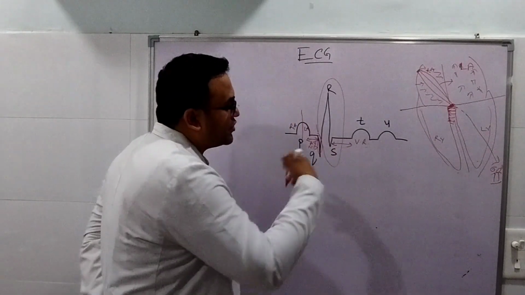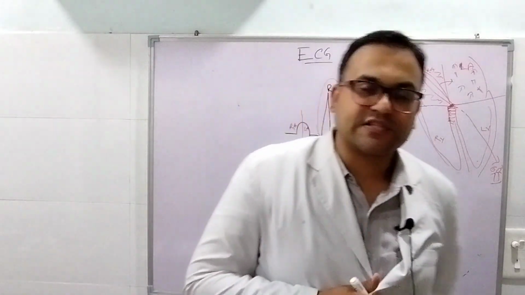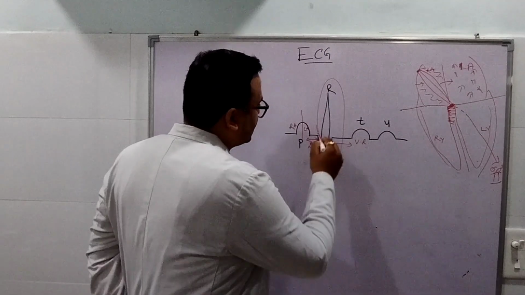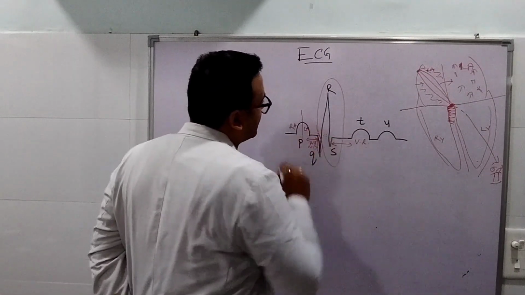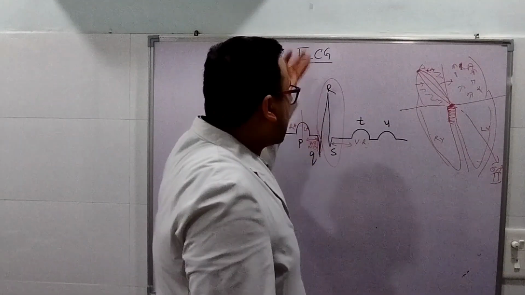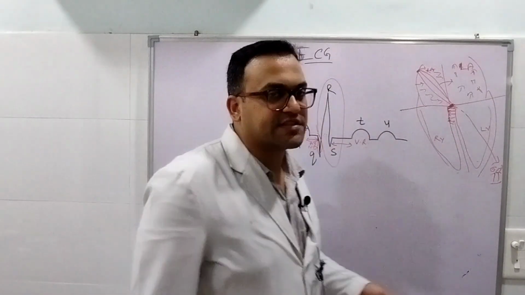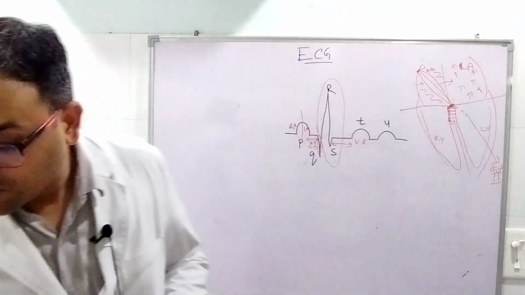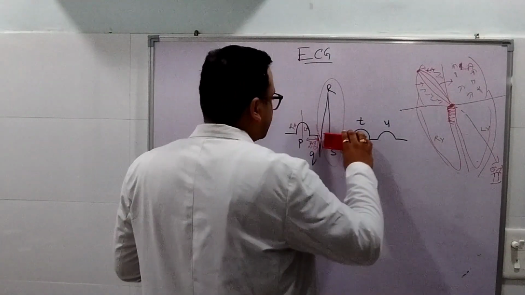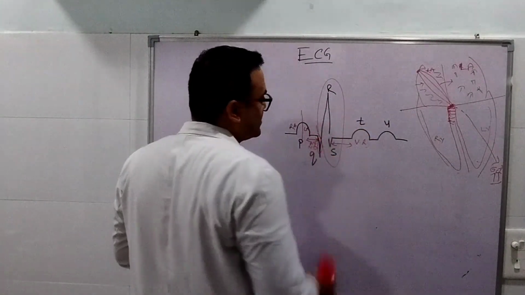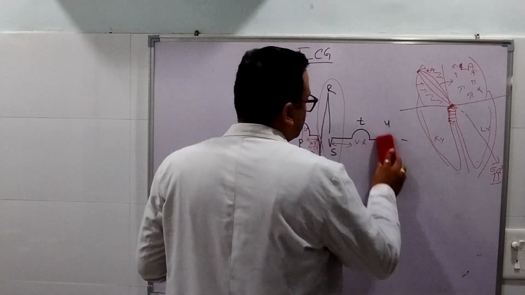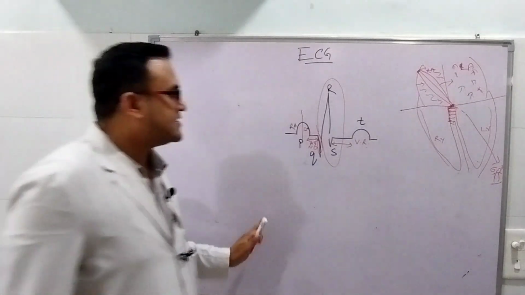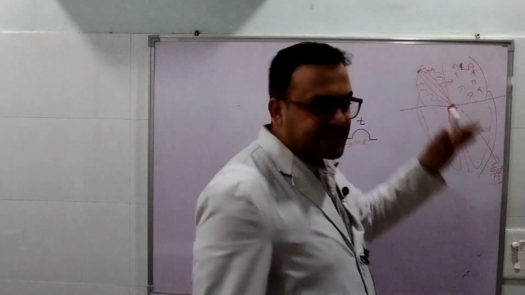So now we can ask, where is the atrial repolarization here? The atrial repolarization also occurs, but that is masked by the very large QRS. Very large QRS masks the atrial repolarization, and hence we do not get that atrial repolarization in our conventional ECG. So this is the normal ECG, and how is this made?